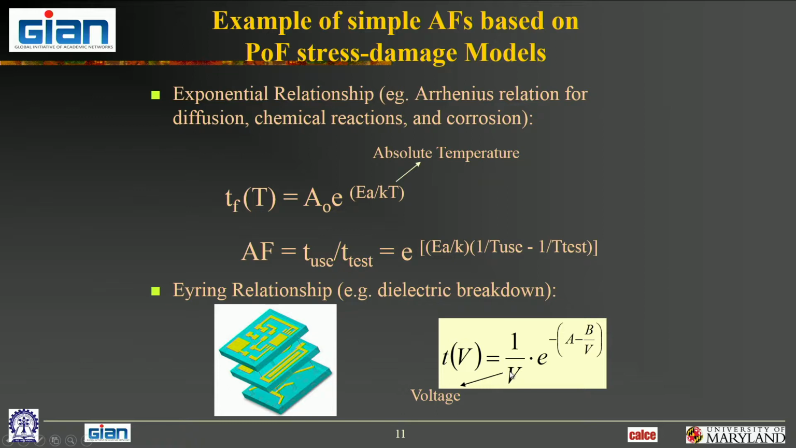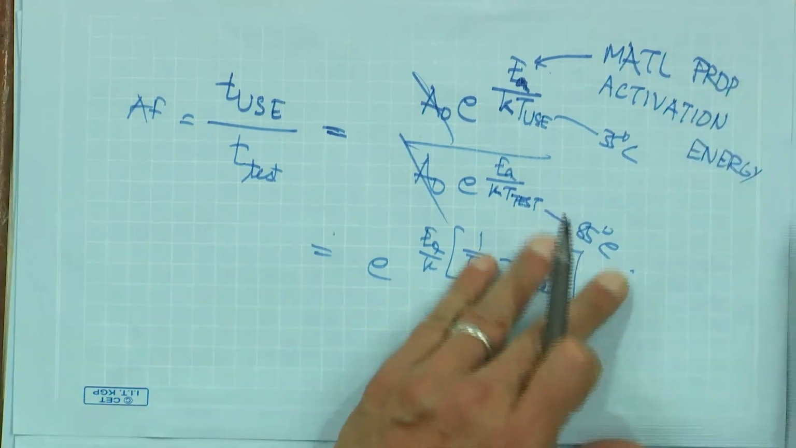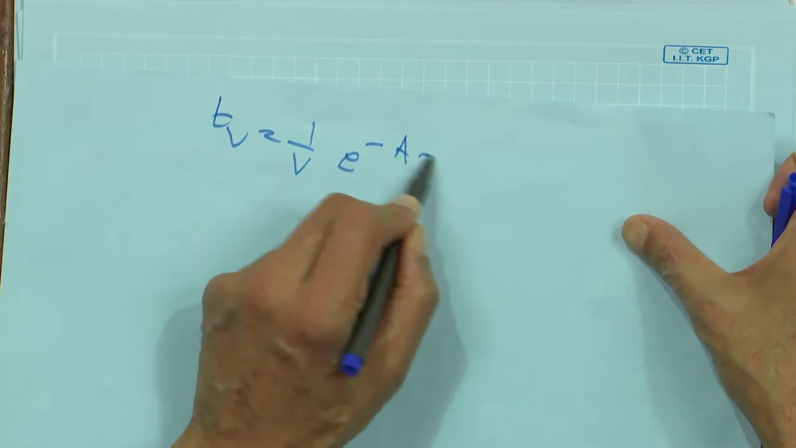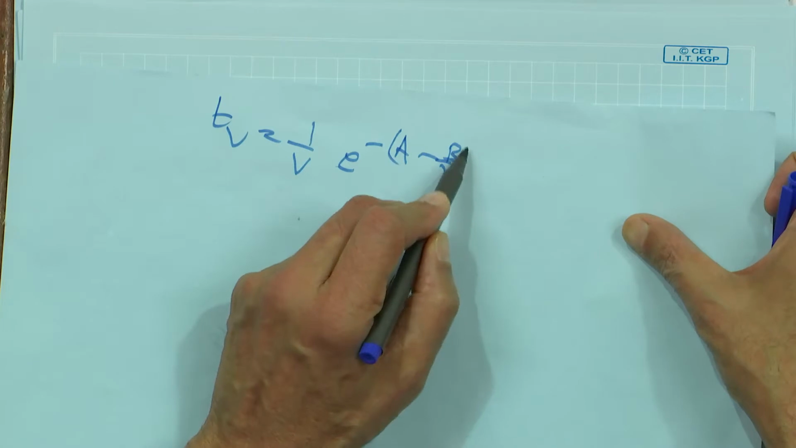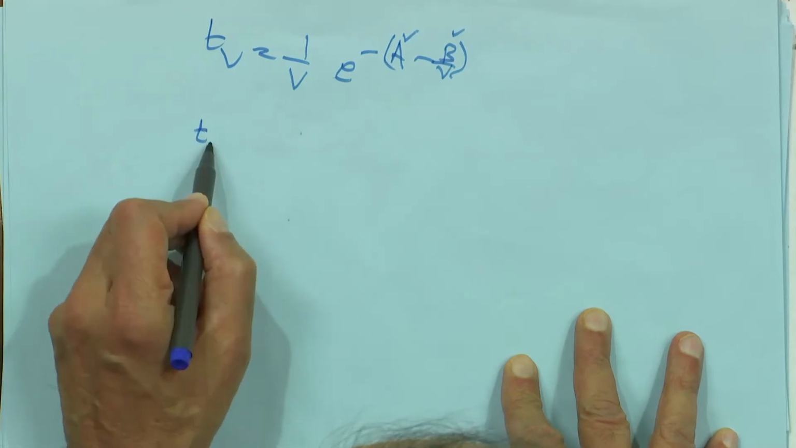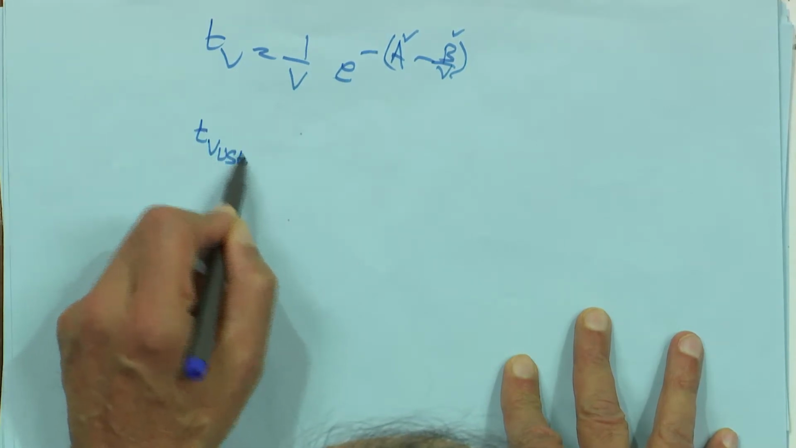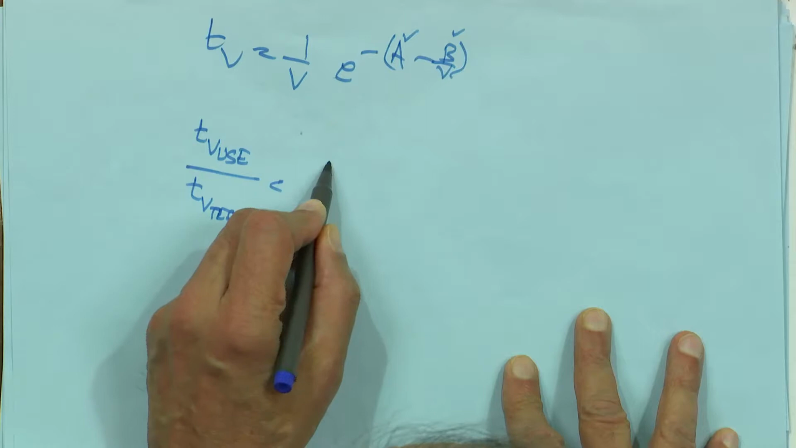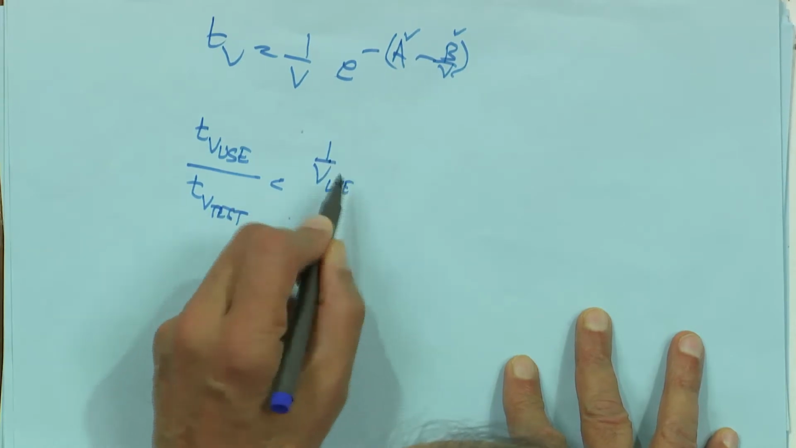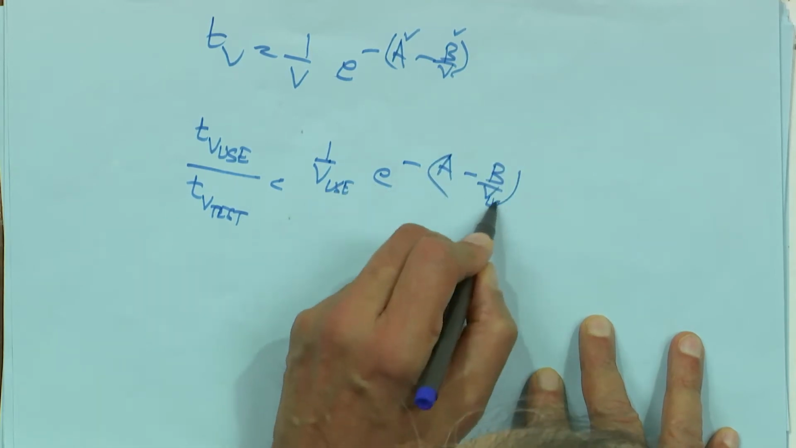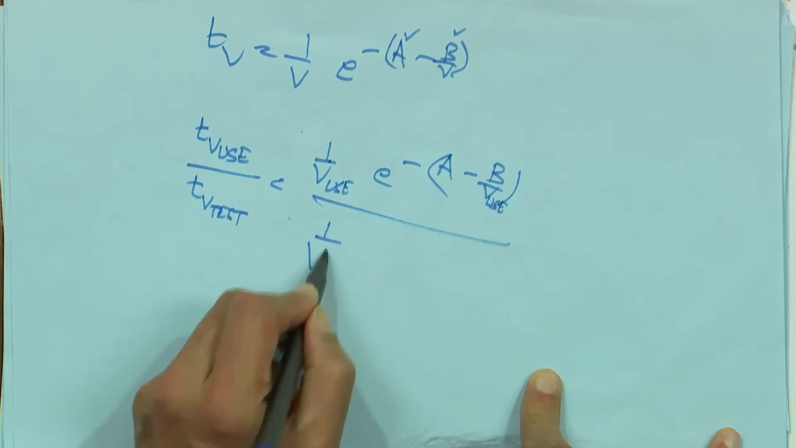So here again, you can get an acceleration factor, right? So I'll write this down also. So it'll be T is 1 over V, e to the power minus A minus B over V. A and B are material properties, okay? V is voltage, so now time to failure for voltage in the use condition divided by time to failure for voltage in the test condition would simply be 1 over V in the use condition, e to the power minus A minus B over V use, divided by 1 over V in the test,